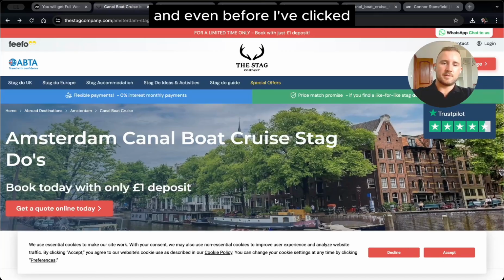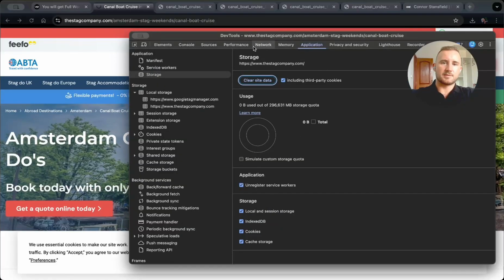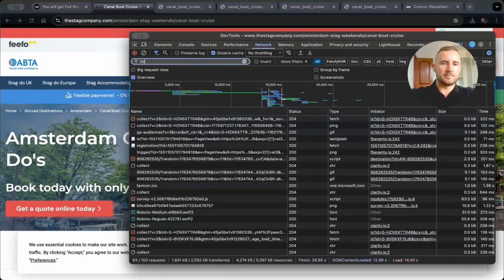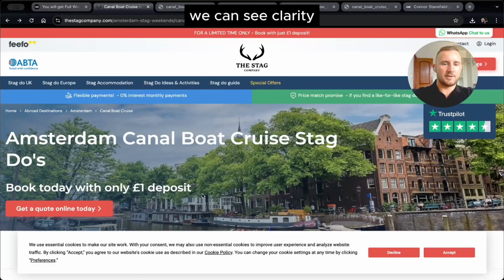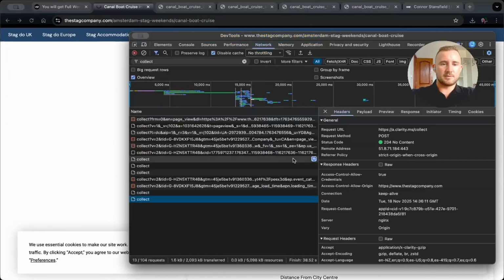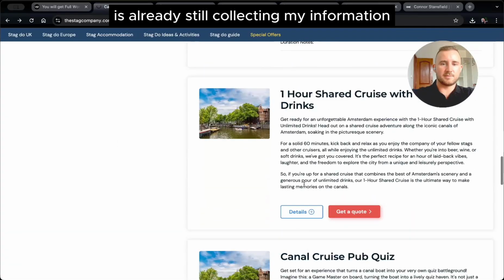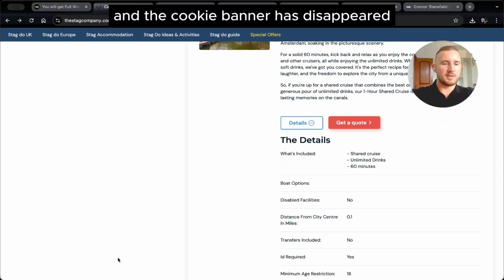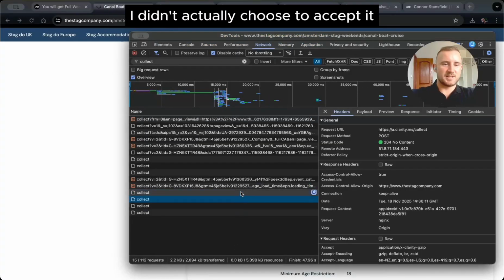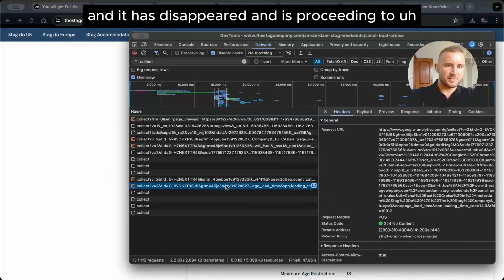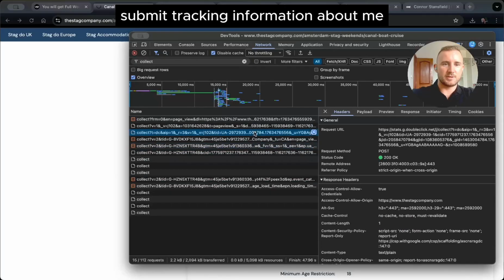And even before I've clicked whether or not I would like to be tracked, here in the network tab, we can see Clarity is already still collecting my information, and the cookie banner has disappeared. I didn't actually choose to accept it, and it has disappeared and is proceeding to submit tracking information about me,